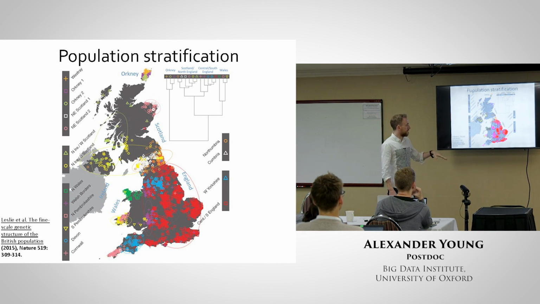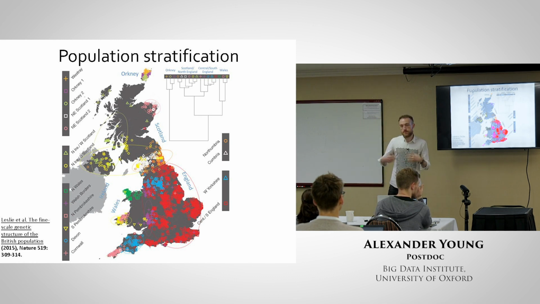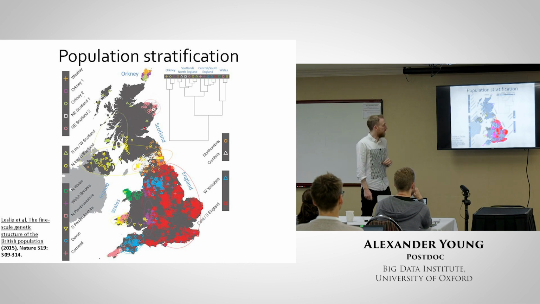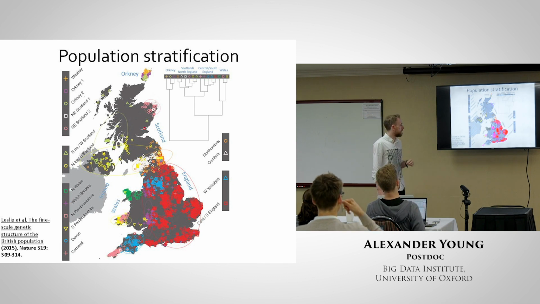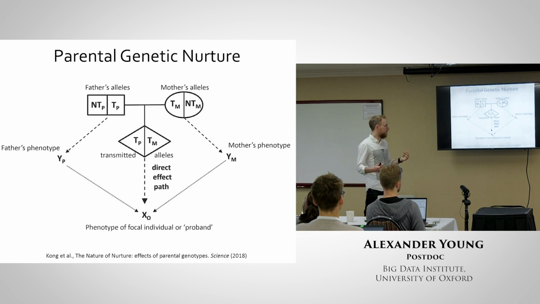So if you have a genetic variant that is differentiated with latitude, it's a high frequency in the south versus the north of Britain, then that genetic variant is going to become correlated with any trait that is affected by, say, sun exposure. And people have developed methods to deal with this kind of stratification that work pretty well for the kinds of analysis typically done in GWAS, principal components and linear mixed models, which I think people talked about, principal components at least, in the course. And this kind of stratification can be adjusted for much more easily than the second kind of stratification I'm going to talk about, which is genetic nurture.